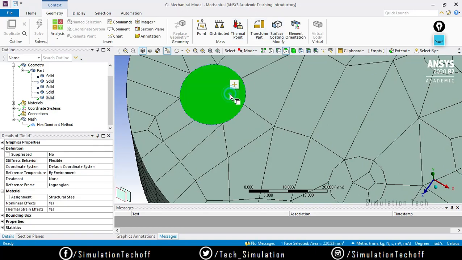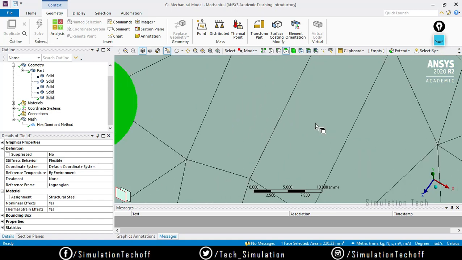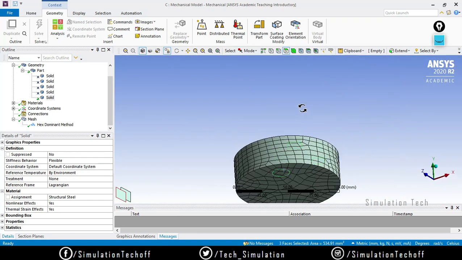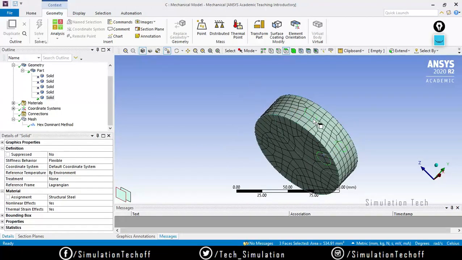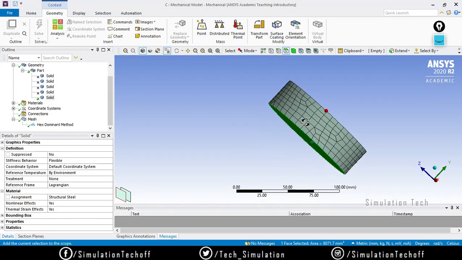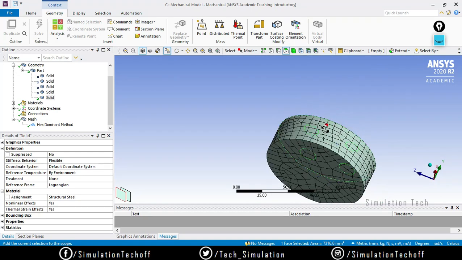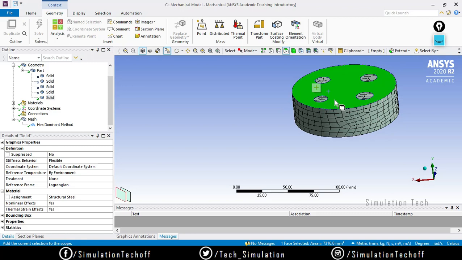If I try to select this, this is a separate surface, and this is a separate face, this is a separate face, and this is a separate face. That is why it is not matching the meshes. When I use the sweep method, this face should exactly match with this face, and only then can I use a sweep method. That is why the sweep is not created over here. But hex is okay.